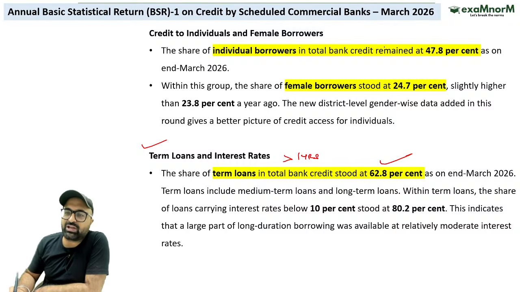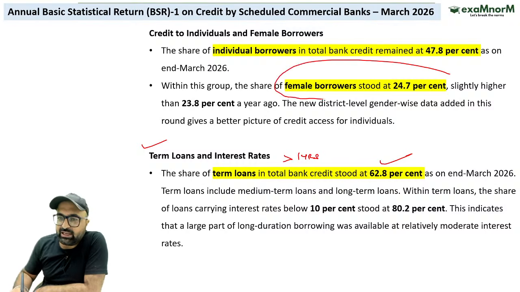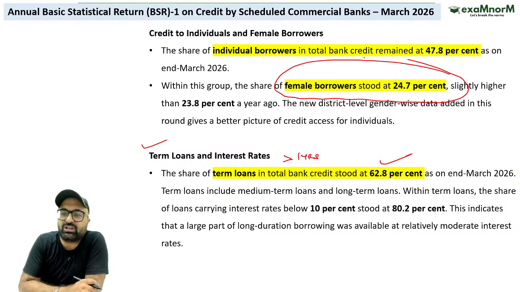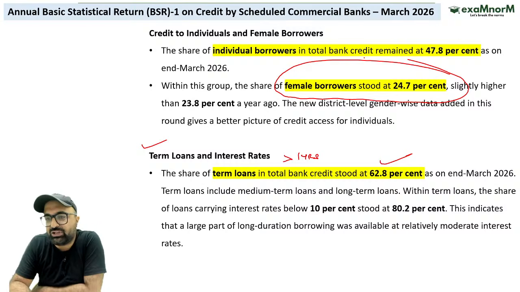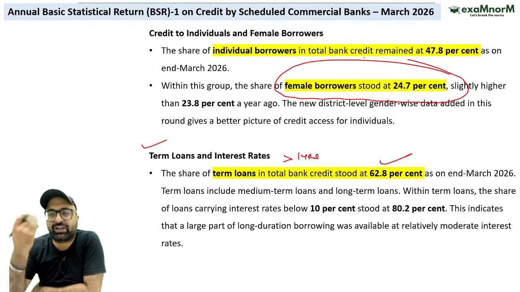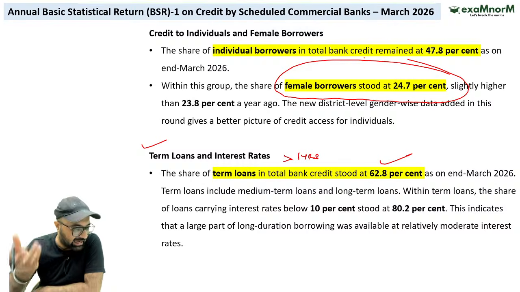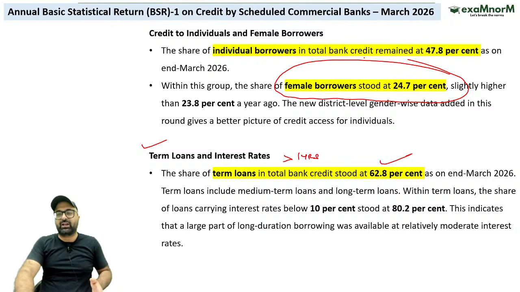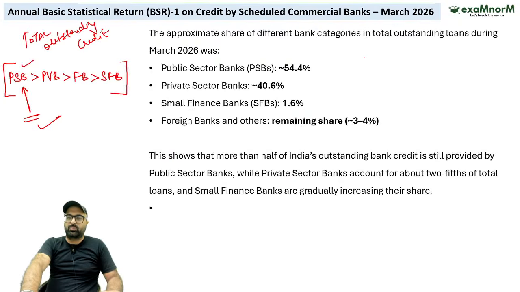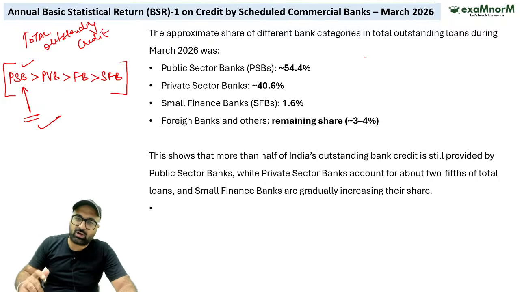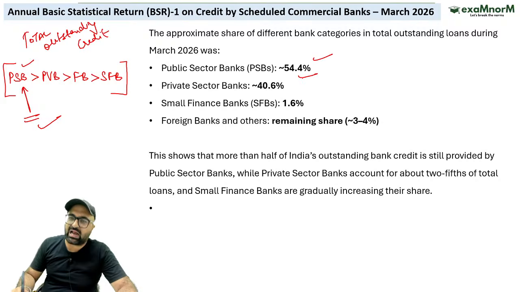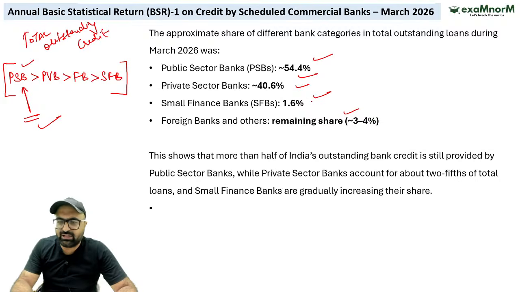उसके अलावा अगर हमसे कोई पूछे कि individuals में what is the percentage of female borrowers, so the percentage of female borrowers is 24.7%. अगर 100 individuals ने लोन लिया, which is 47.8% of the total borrowers, उन 100 में से 24.7% are none other than women. So answer to this particular question is women borrowers are 24.7%. तो आपको याद रखना होगा क्या? Public sector bank is holding the highest outstanding loan, then private sector banks, then we have foreign banks, as well as then we have the small finance bank.